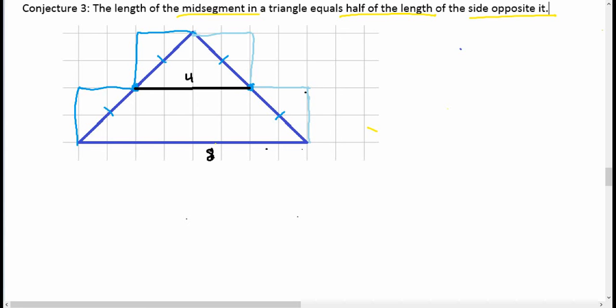Now, I drew a fairly special triangle. It's an isosceles triangle, and it has these nice, beautiful 45-degree angles and a nice 90-degree angle at the top vertex. So it's possible that it's just a coincidence that it works perfectly for this triangle. If I drew some more triangles that are not so nice, and I tried to do the same steps with them, it would really give me a better idea of whether or not this prediction is true. So if we just quickly